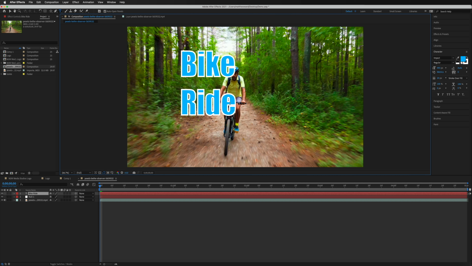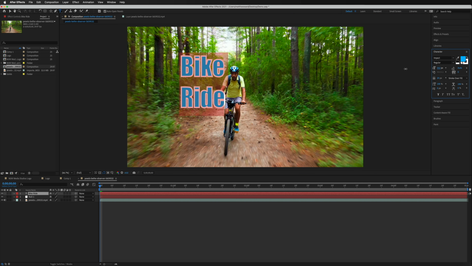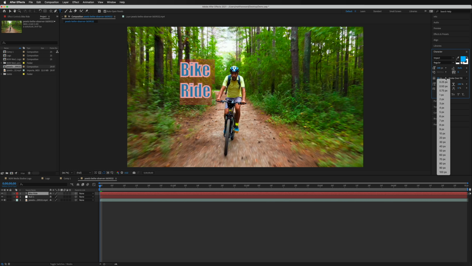And then I'm going to select all of this so I can change the size. It's far too big at the moment. So I'm just going to drag that down in size somewhere around there. That stroke is far too big. So I want to change that as well. Maybe to around 3 pixels. And that will do perfectly well just to demonstrate.